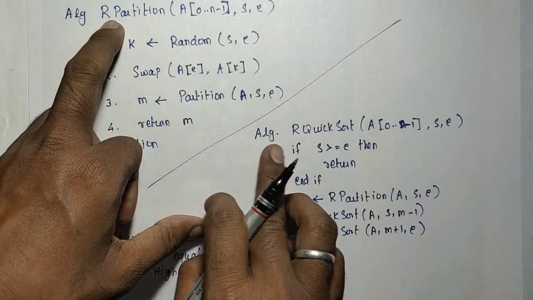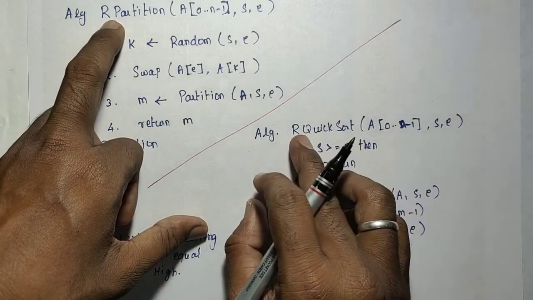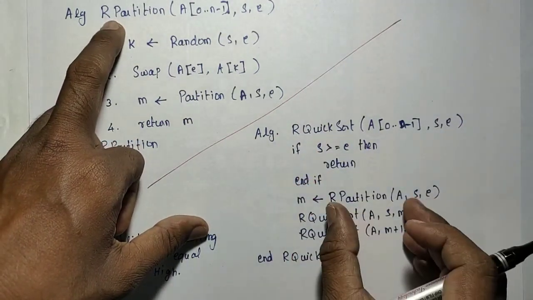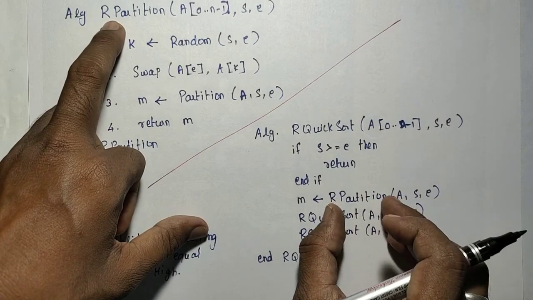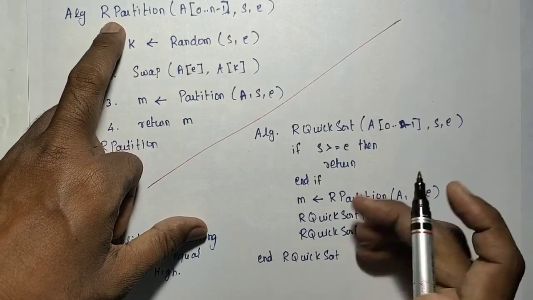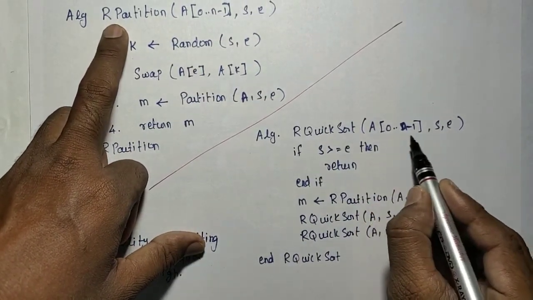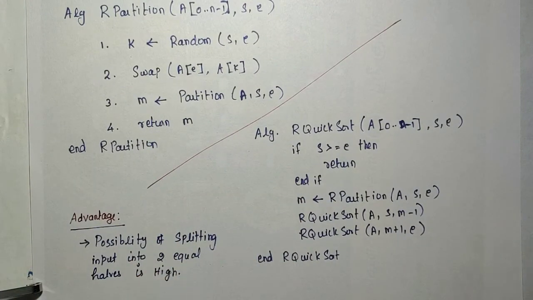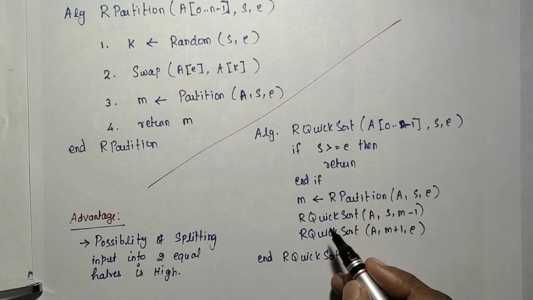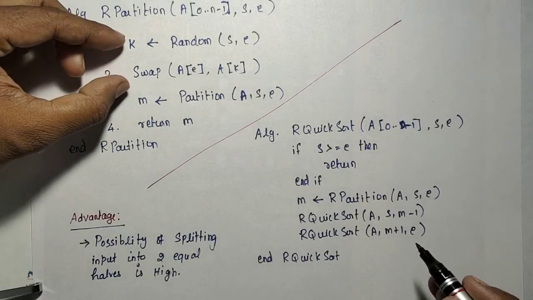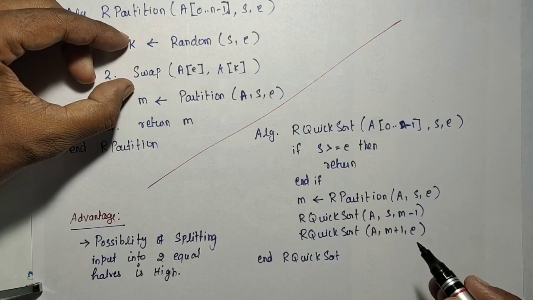So the quicksort algorithm is modified like this. We give it the new name R quicksort. It's the usual quicksort only, but instead of calling the partition, we call R partition S comma E. Now even if the input is in sorted order, this algorithm will give a split somewhere in the middle, not like N minus 1 and 0. Then I call this algorithm recursively, R quicksort like this and R quicksort like this. Only these two steps we have added to the partition algorithm.